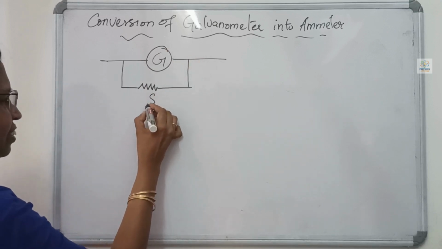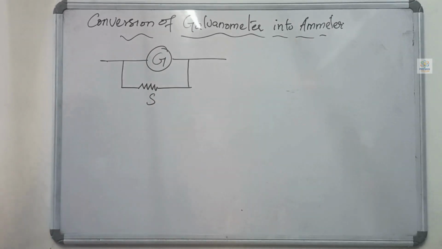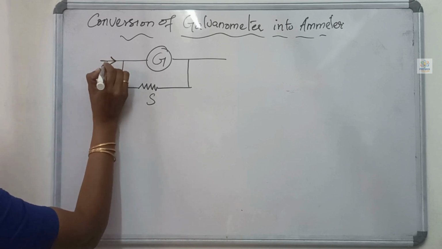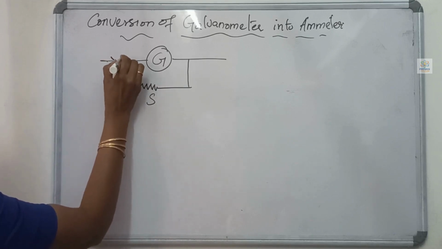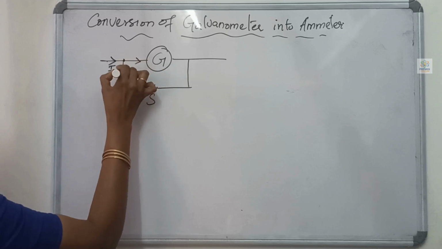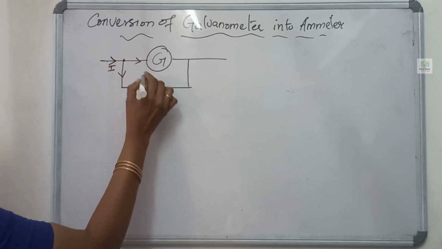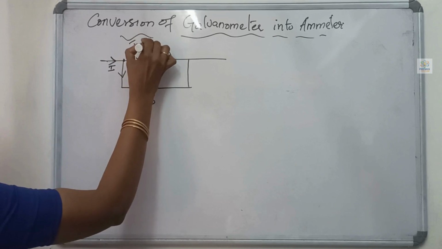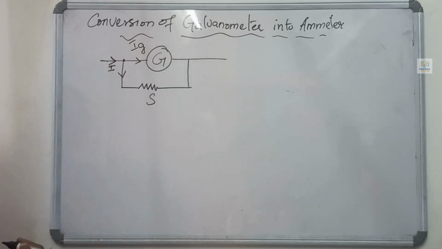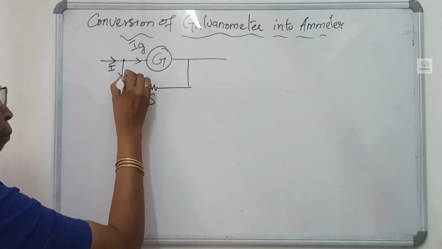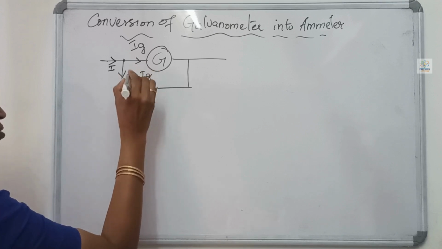The shunt resistance is taken as S and the galvanometer resistance is taken as G. In a parallel combination, the current flow is different, but at the same time the potential difference is the same. So when current I enters at this junction, the current is split into two different directions. That is, Ig is the current flowing through the galvanometer and I minus Ig is the current flowing through the